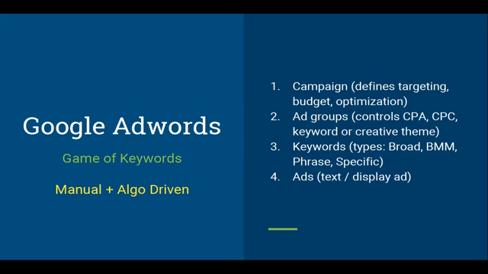Phrase match is essentially a phrase which says, okay, Bollywood movie tickets is, for example, a phrase, right? When somebody searches for that phrase, people will see your ad. Specific essentially means that you show an ad only for a very specific keyword. Like if you put Bollywood in quotes, only when somebody is searching for Bollywood and only Bollywood in their search term will they see your ad, right? So that's how Google defines how you can add a keyword into an ad group, right?